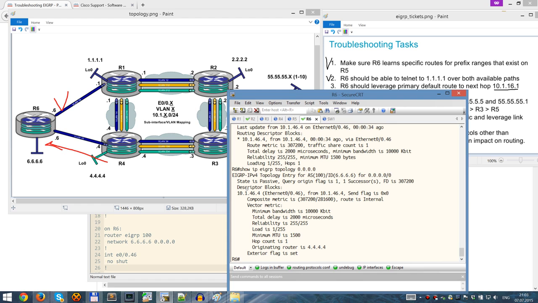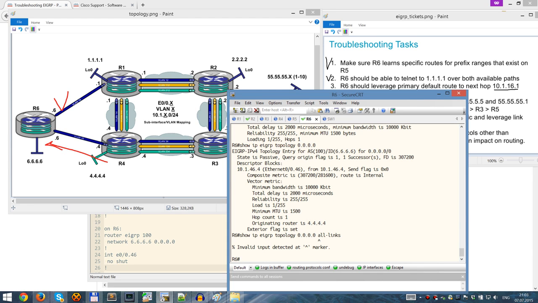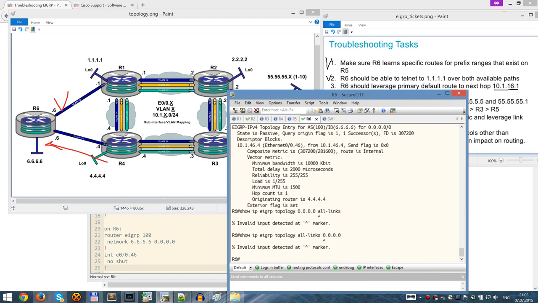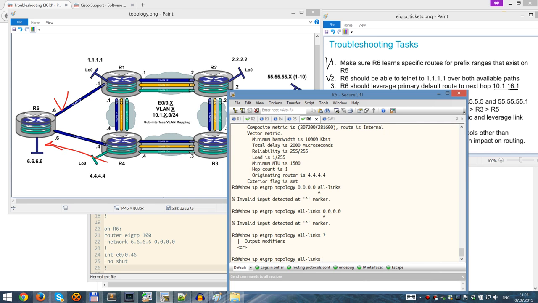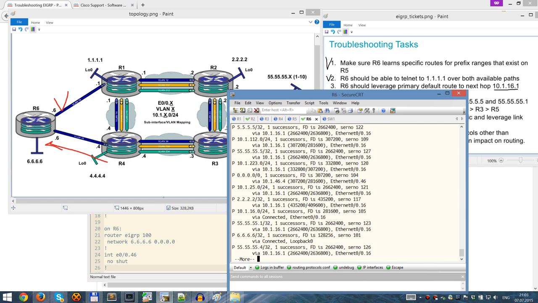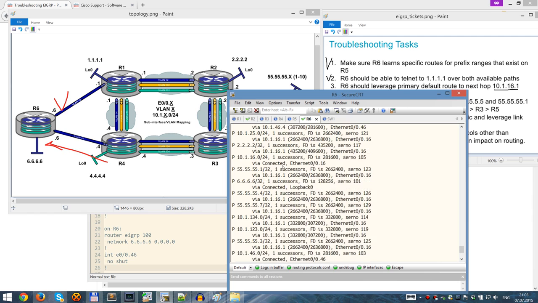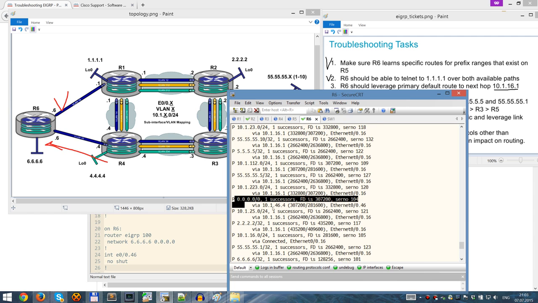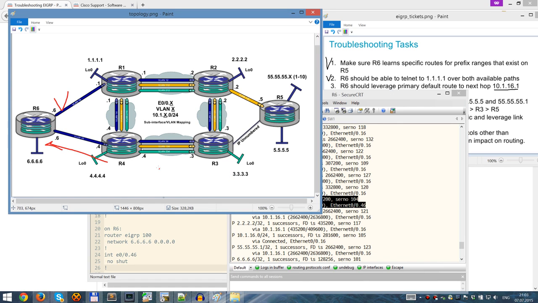Okay. All links. No, incorrect syntax. Like this, all links. Okay. I still see only one successor, no alternative paths. So